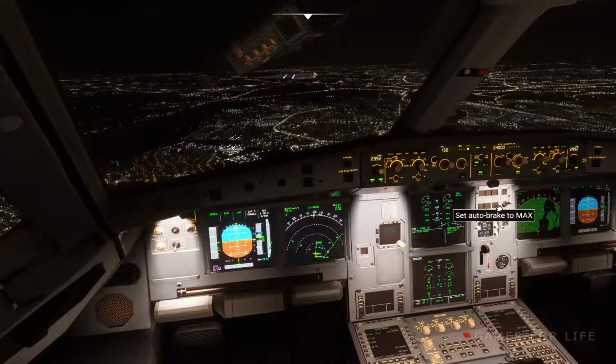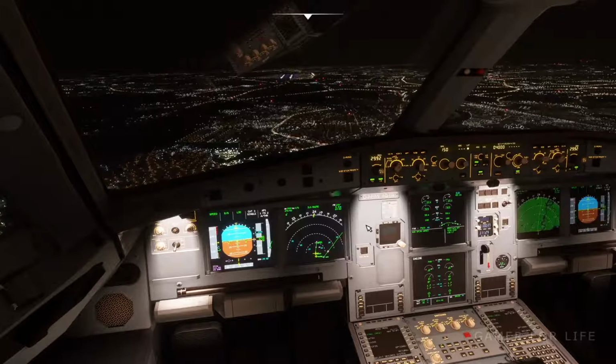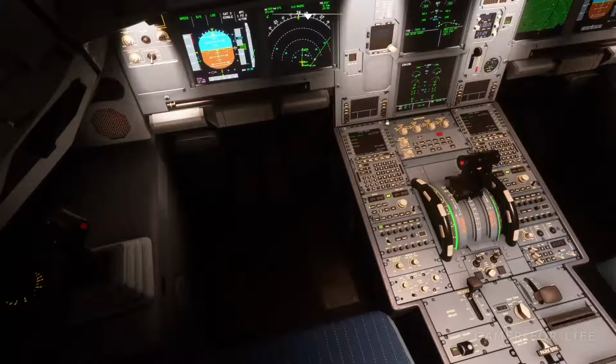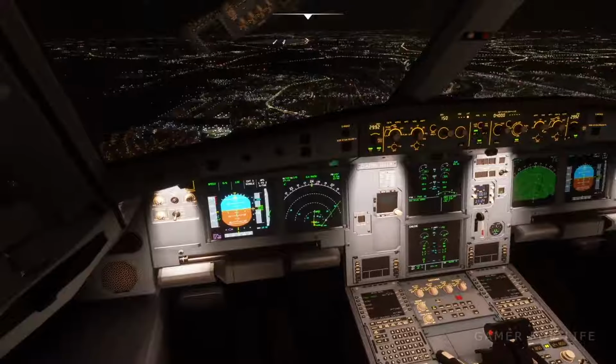And then the approach button is on, so let's prepare our plane for landing. Add the max auto brakes, and the speed brakes are already armed. And now let's add